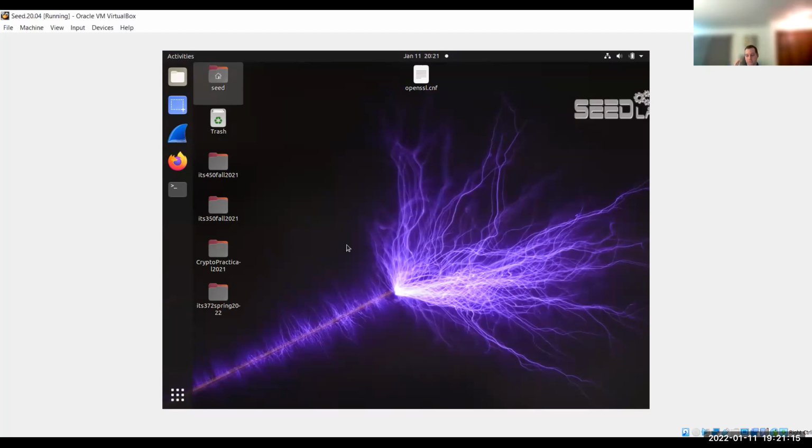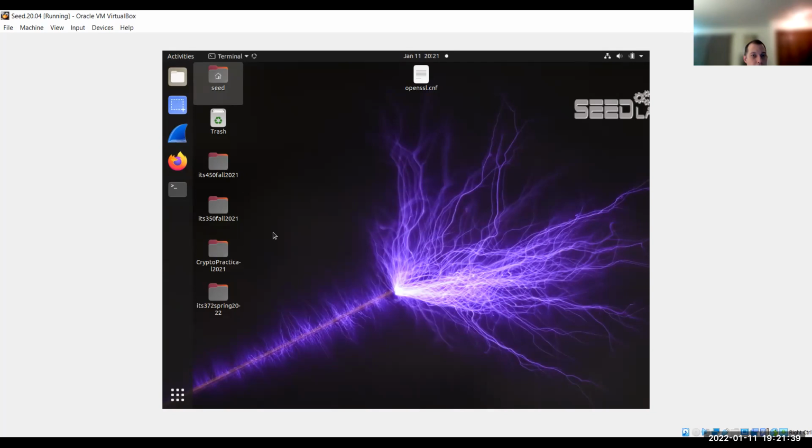All right, so the advantage, as I said, of using the VM is that we have the software already installed on here and some of the configurations. So let's go ahead